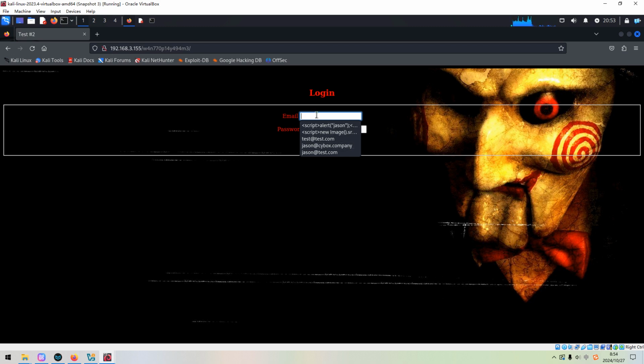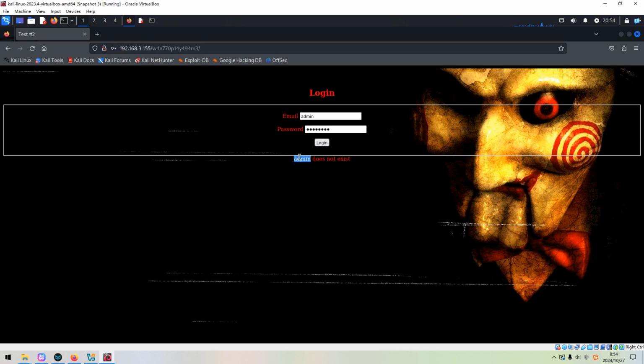Maybe we can try a login bypass technique, like admin and password. Login doesn't exist. So how about admin? Admin doesn't exist.